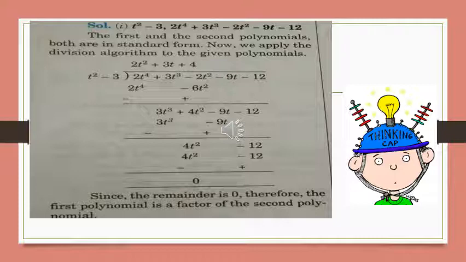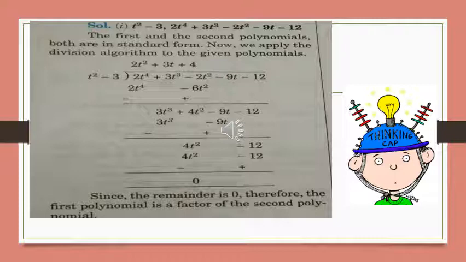So write it down. Now you are all aware of how to divide by the long division method, because we have studied this method in standard 8th and standard 9th. We have to check the first term of the dividend and divisor, and whatever the quotient is, we write it as 2t square, followed by changing the sign when you are subtracting, because we have to subtract the second expression which is written here.